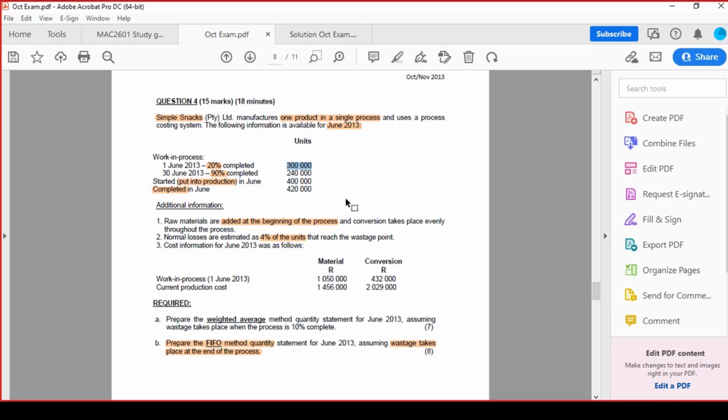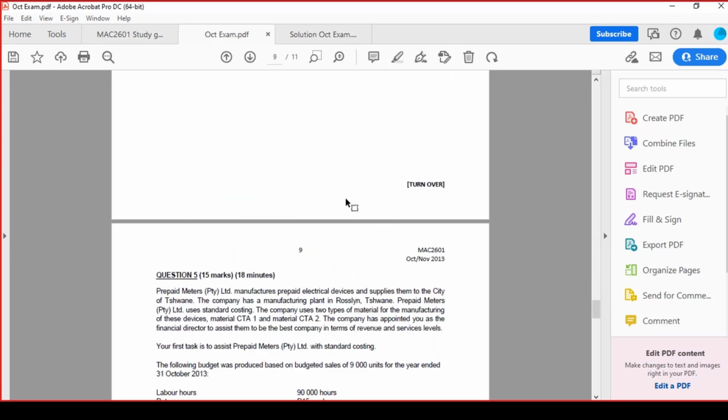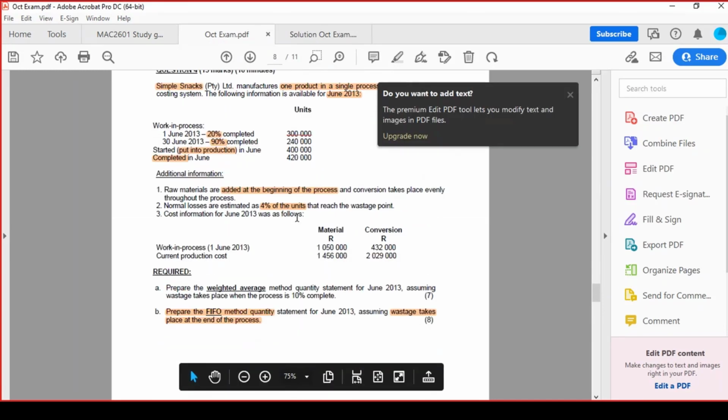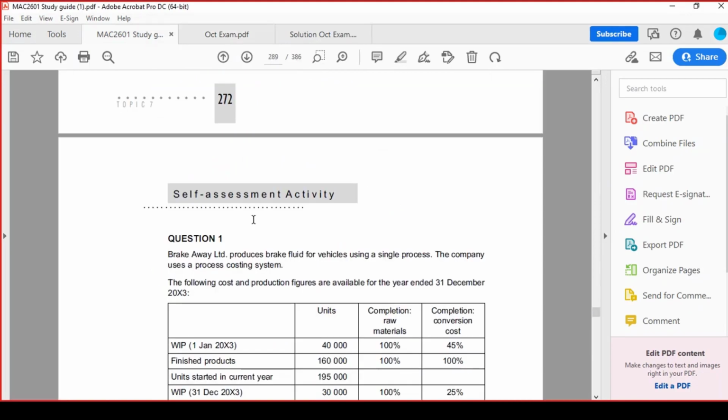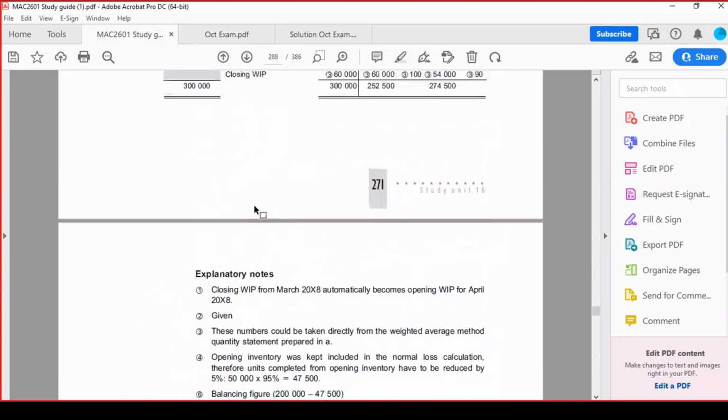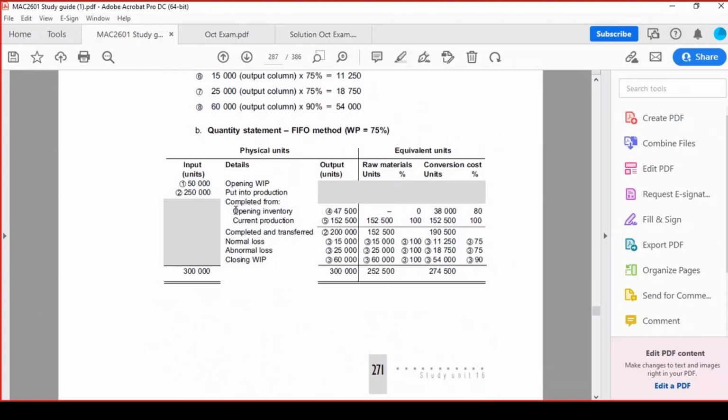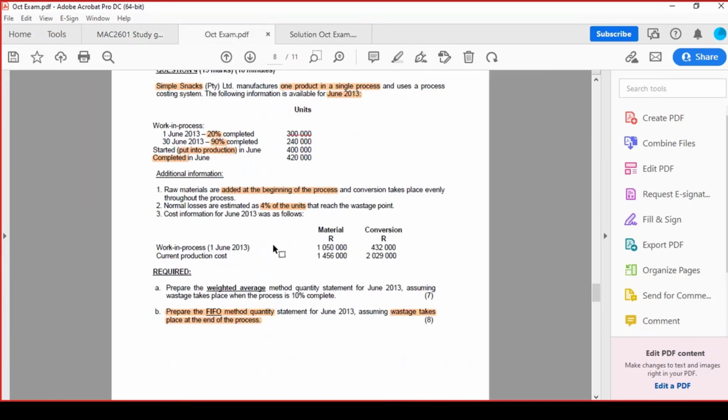We're talking about the third line, which is completed and transferred, no? No, the opening inventory. Oh, my opening inventory. Okay. Yes, so this portion. This is not the solution, I'm just saying skeleton. This portion, what did you put? So what I put there is